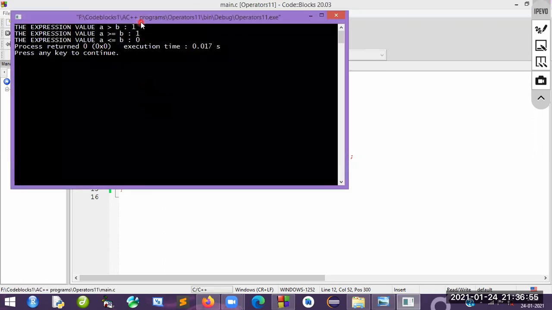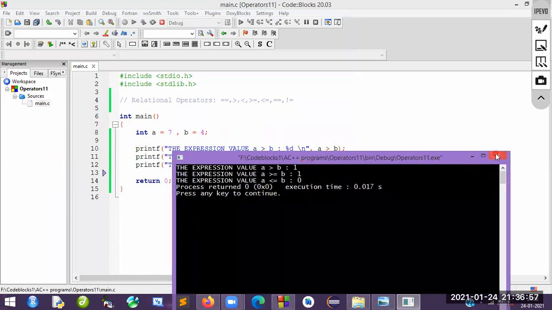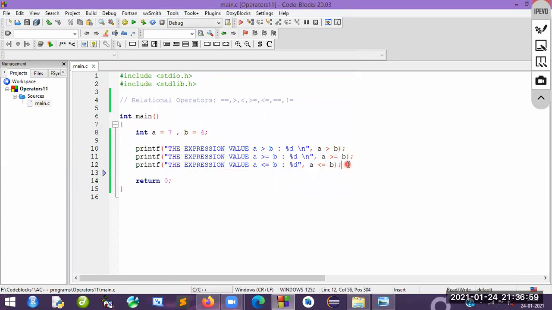So you are going to see that it is 0. Are you getting it? Yes. Again I will copy this, again less than. Now, what is the value of a? It is 7. 7 is less than b? No, absolutely it's not true. So that's why you can see, that is less than.